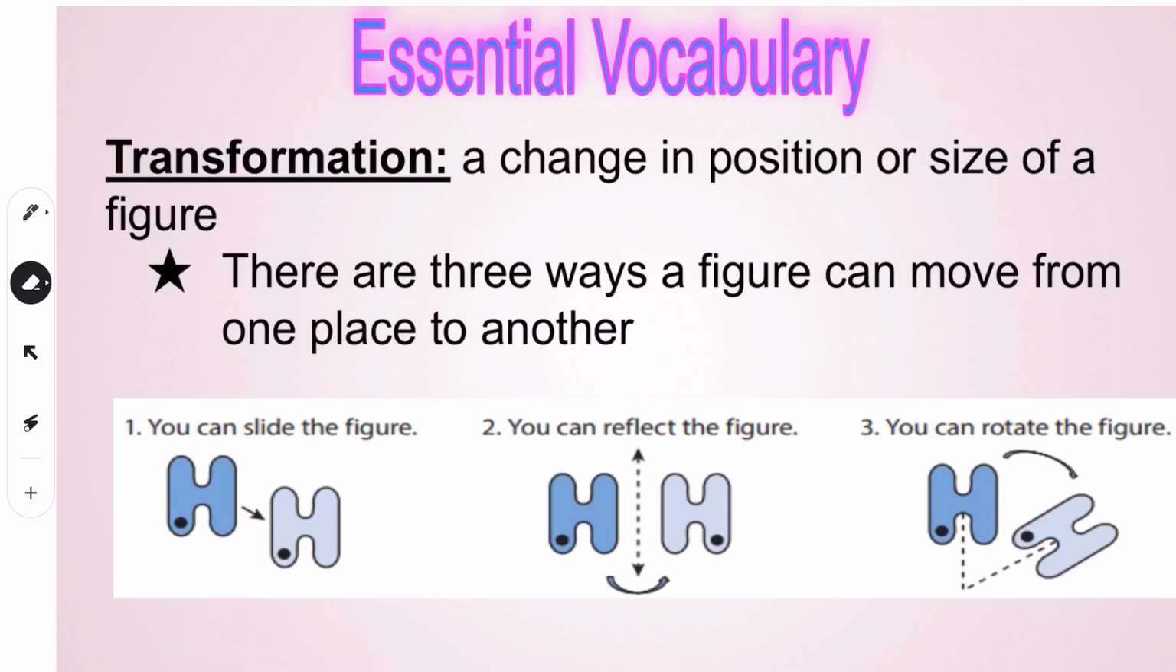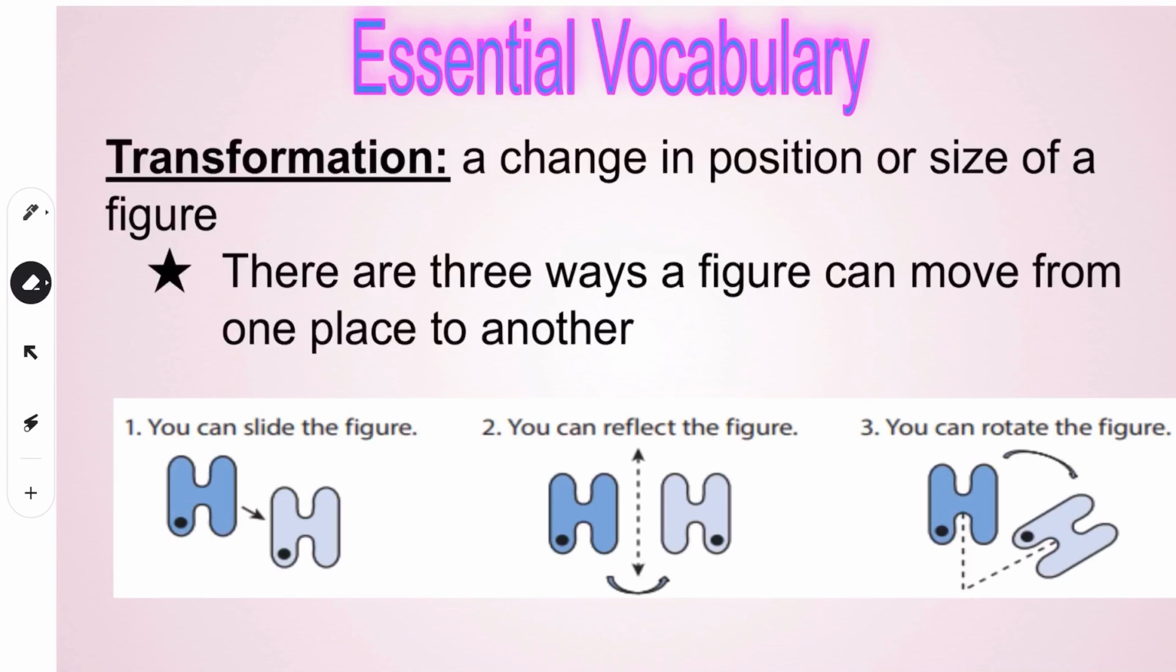of geometry. So transformation is a change of position or size of a figure. There are three ways a figure can move from one place to another. There are actually four. Another one we learned is dilation, but for right now we're going over the first three